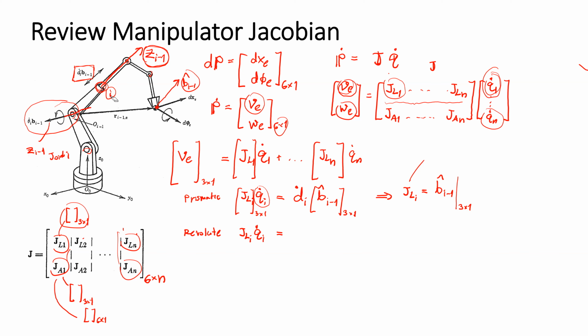In the previous case, joint i is prismatic. Now, in this case, joint i is revolute. For prismatic, the direction of the z-axis of joint i points along the direction of the prismatic joint. If joint i is a revolute joint,